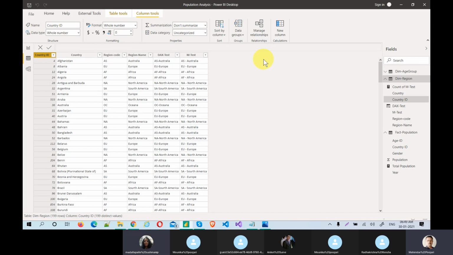So there is a purpose when you do that. What is the purpose of converting the country ID? Do you get any insights with that conversion? That matters. So we will come to summarization and data category. This is one of the most important topics.